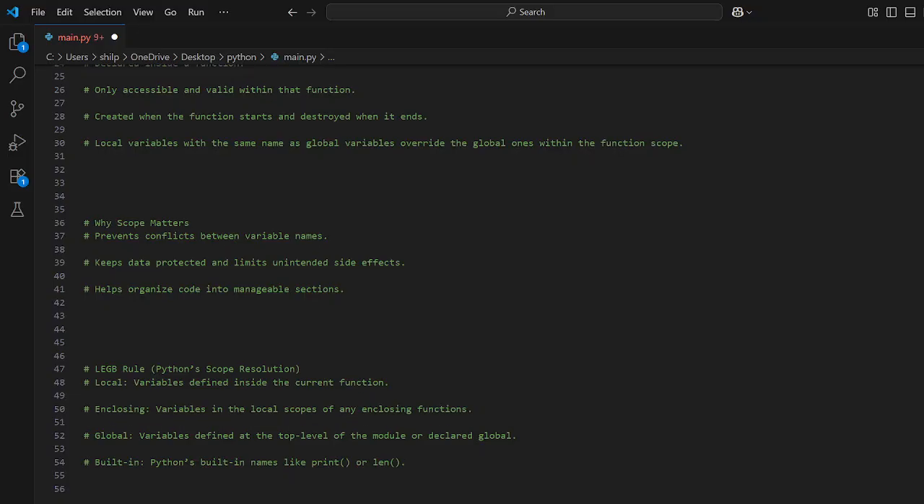And finally we follow the LEGB rule. It is Python's scope resolution. What does it say? It says local variables defined inside the current function, and enclosing variables in the local scope of any enclosing function. Then we have the global, where variables are defined at the top level of the module or declared global. And lastly we have Python built-in names like print or len. Alright,